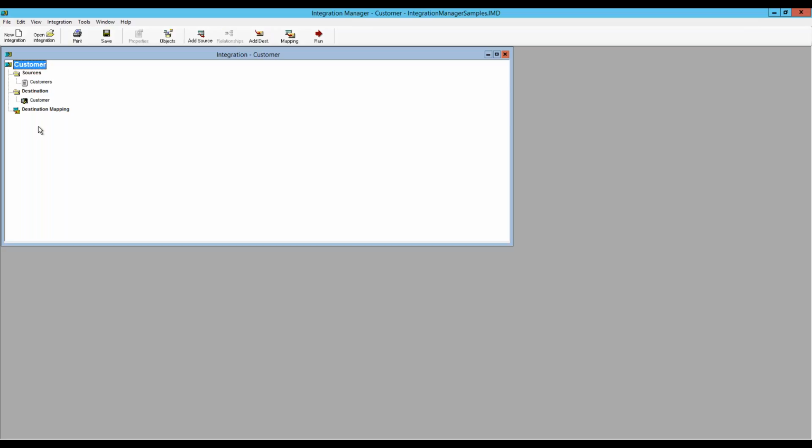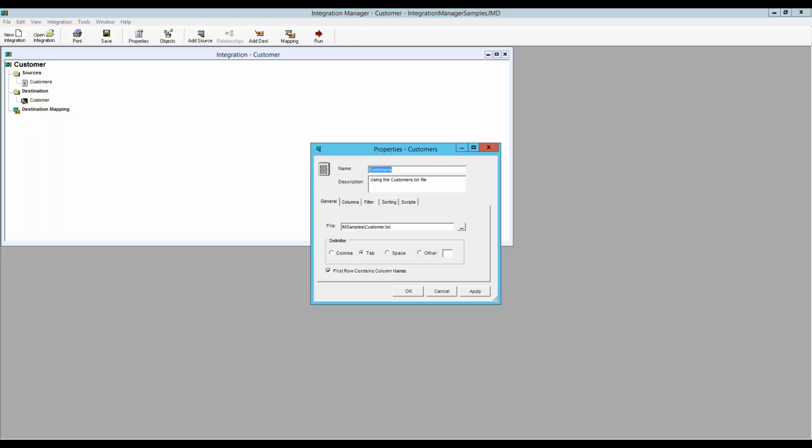So along the left here, we have the nodes of the integration. The very top is the source, and then we have our destination, and then we have the mappings. If we double click on customers, which is my source that's been defined, it brings up the properties for that source. Now you can see here it's pointed at a file, which is in my IM samples folder, and